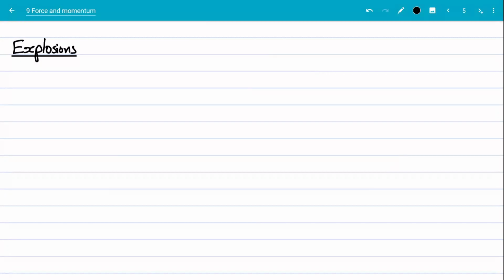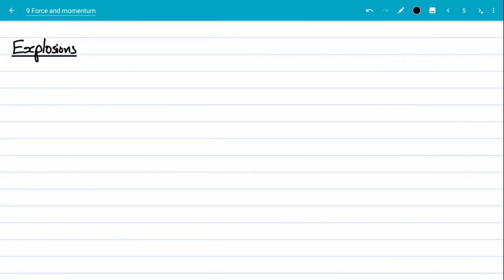Lesson 55 of our no-nonsense A-level physics lessons, all about explosions. Now, explosions are situations where momentum is conserved. This is an interaction between two bodies where momentum is conserved, but the kinetic energy after the interaction is more than it was before. So explosions increase